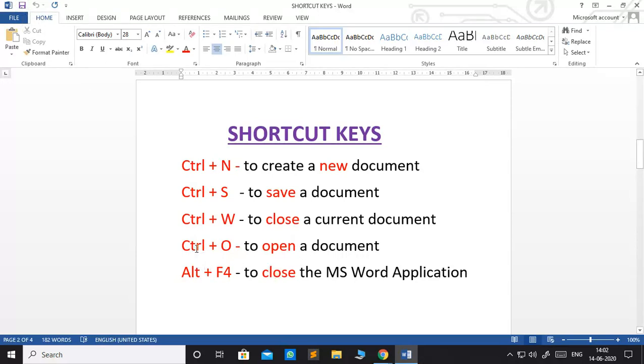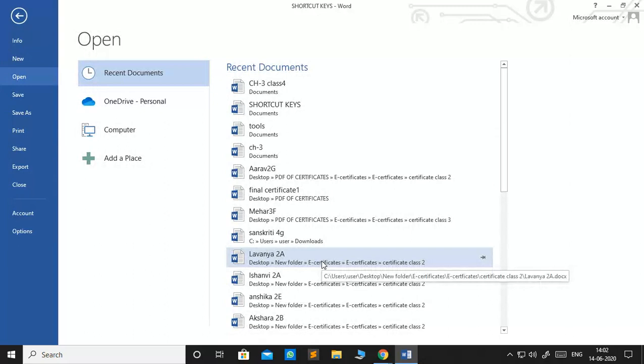Now Control W, you have learned. Control O, what does it do? It opens a document. So it opens your previous work also, whichever file you want to open. So now I'm going to press Control plus O. So see, the same window appeared which you got with the help of the File tab.